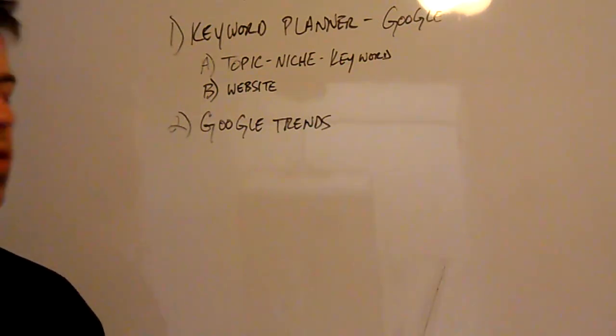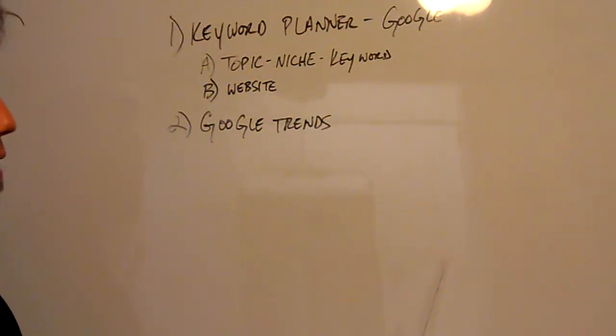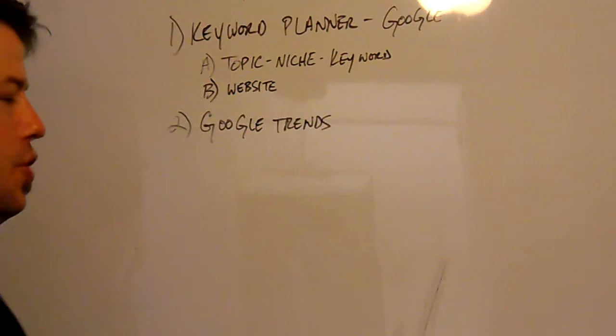And then Google Trends. Google Trends is just an amazing resource. It not only identifies trends, but it identifies other keywords that you can actually pull from one base keyword, which is amazing. It's just another kind of snapshot that you can be given.